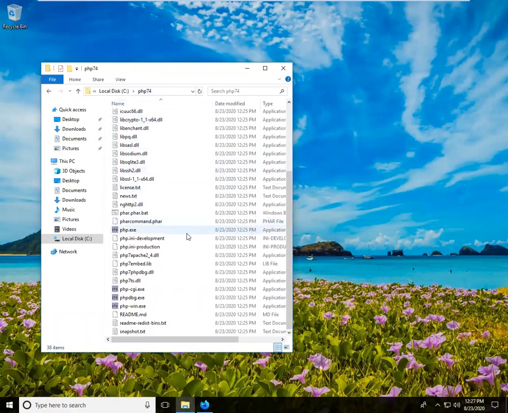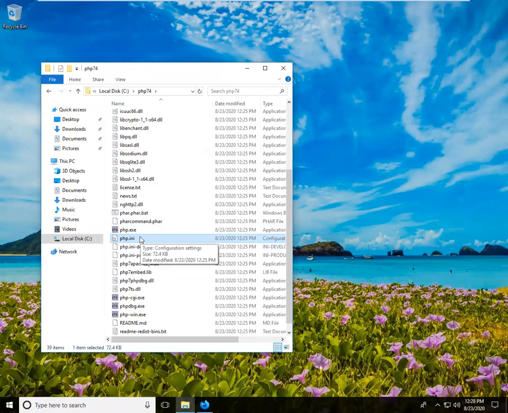So the first thing I need to do to configure PHP is go inside the PHP 7.4 folder and look for php.ini-development, php.ini-production. Since this is a development machine, I want this configuration file. So php.ini is the configuration file that PHP uses. So I could just change this name, but I'm going to do like I did before. I copy and paste, and then I'm going to rename this whole thing php.ini. That is now the configuration file. Okay, that's pretty much all it is. So I'm going to open it up,